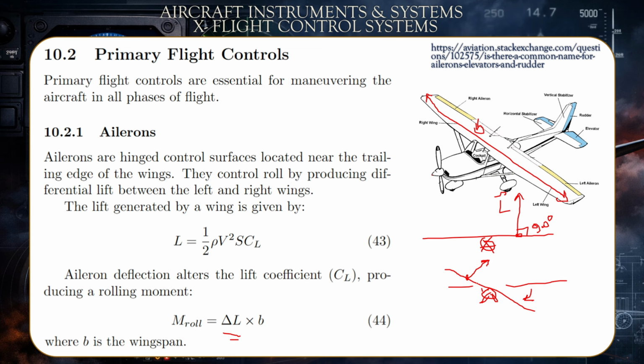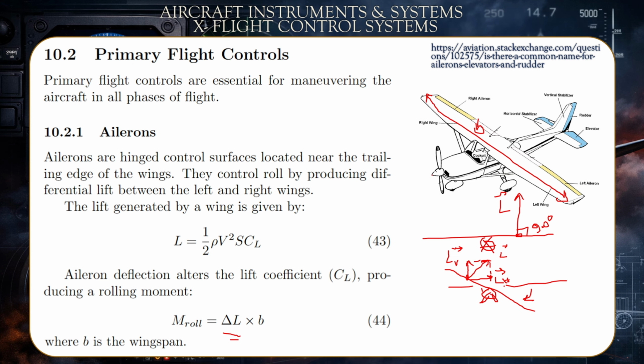However, it's no longer generating lift completely. It becomes broken down, or divided, into two different components. The LH, which is the horizontal component, would assist the aircraft during the motion of rolling, during the turn, and the vertical component, LV, which is the vertical part of the force that is actually